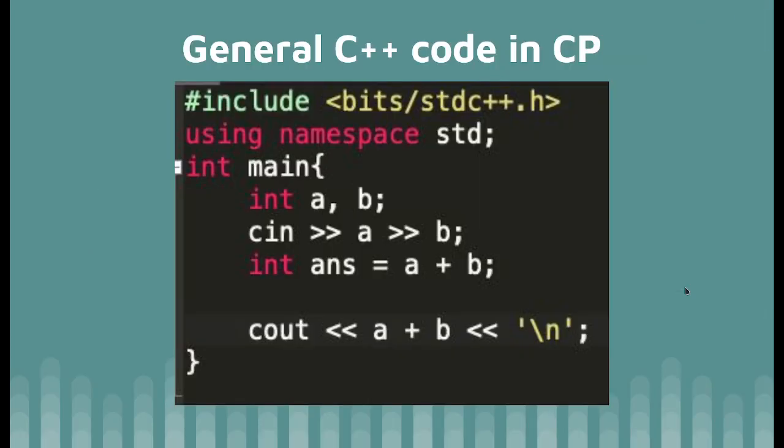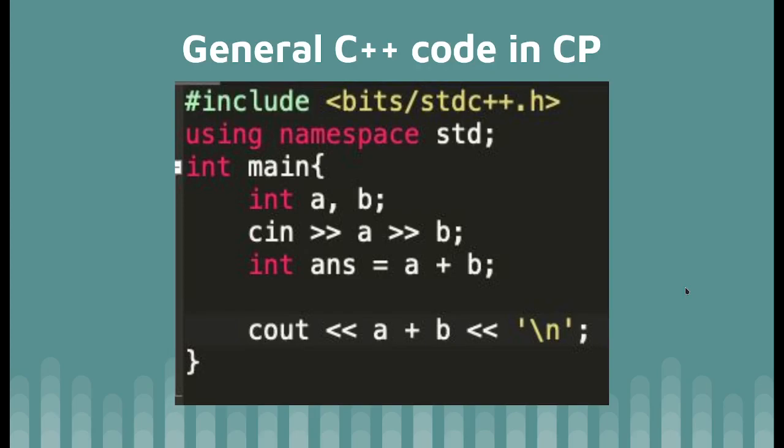So for people that are familiar with C, they will recognize this type of code structure. Basically, in a C program, you generally have a main, then you define certain variables. For example, here we define A and B as integers. Then we'll explain later what cin and cout are. But the general structure is you have a main, which is the function which will be executed every time you run the code. Then you may have some other functions or methods which are called by the main.